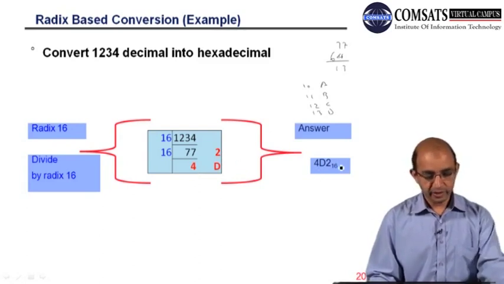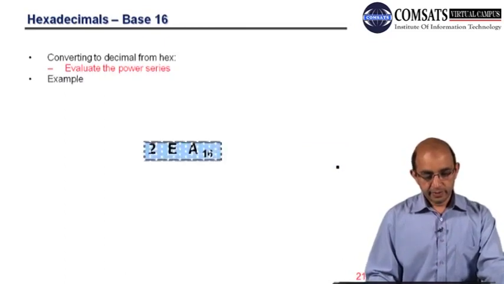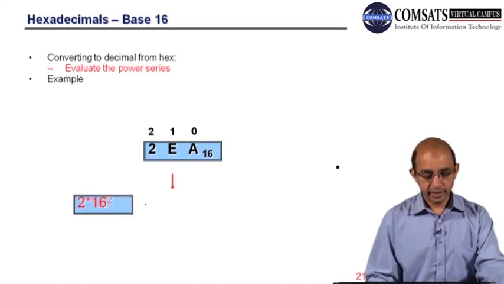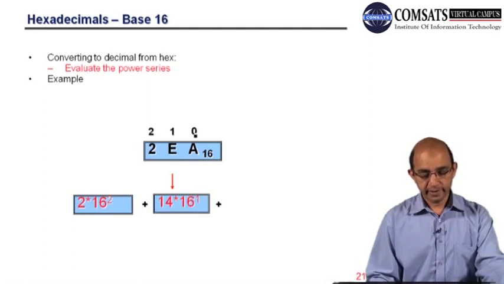So base 16, right? So again here we have mentioned the animation for understanding, right? So we are having 2EA base 16, right? So 2 multiplied by 16 raised to power 2, right? Plus 14. Instead of E, we have to write the corresponding decimal, right? So 14 multiplied by 16 raised to power 1 plus this is 10,